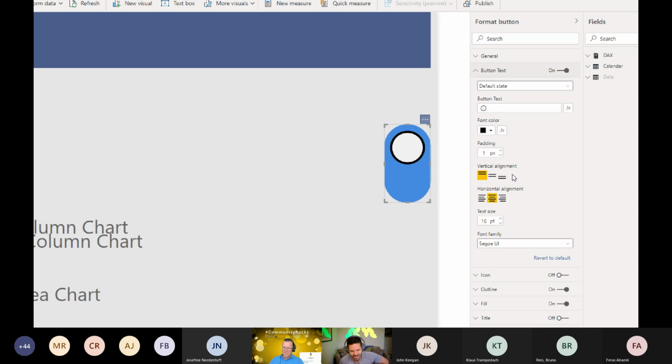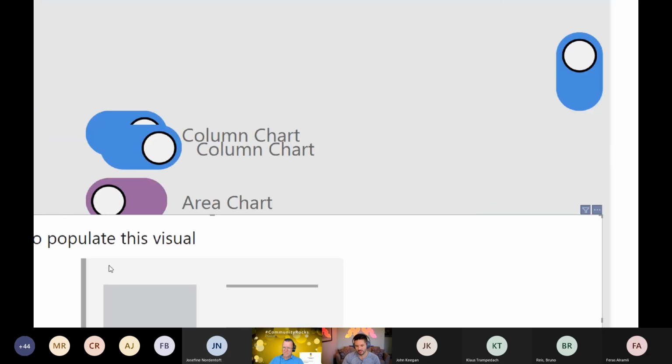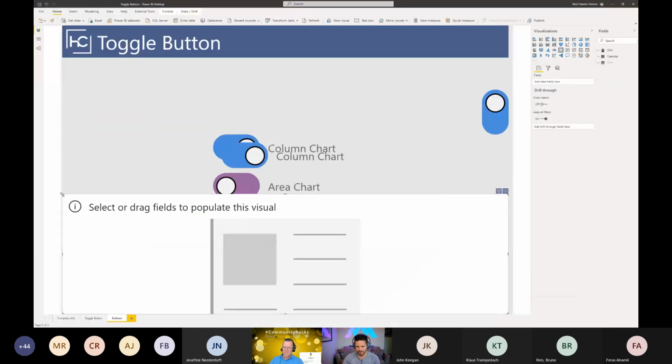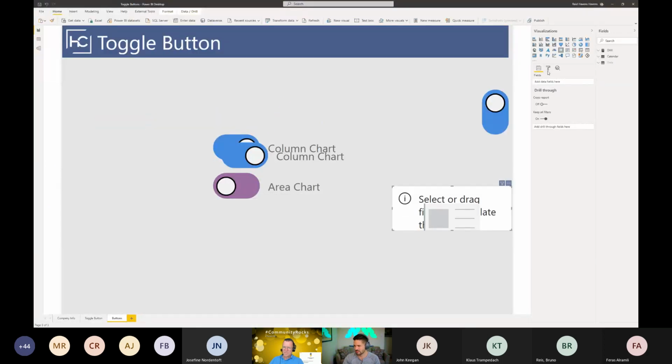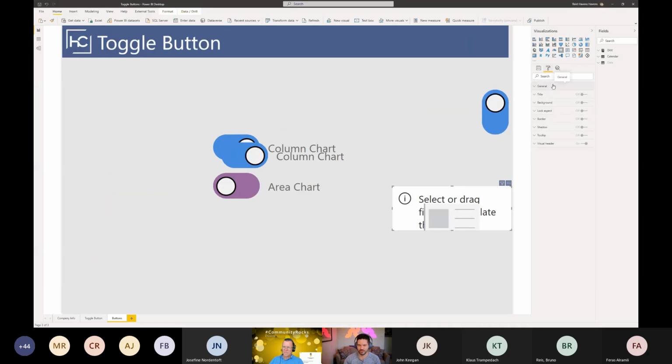Sometimes you want left or right, and it seems to be a very basic feature that is missing from specifically this visual right here, the single value card. I use it quite a lot, but it's very limited in how much you can customize it. And unfortunately, there's no options in here if you added data to do any kind of alignment. So buttons, in an ironic sense, actually make a better visual sometimes than the actual card visual does.